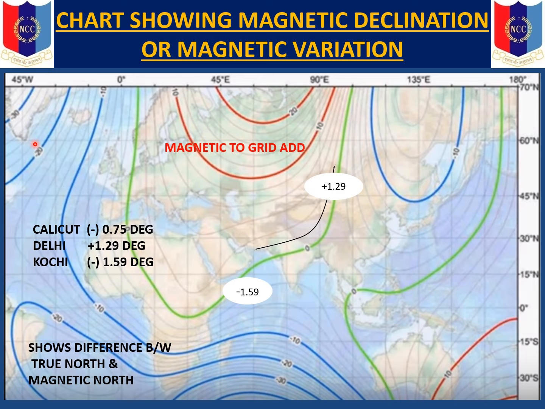Now to convert magnetic to grid north, we generally assume that the true north is the same as the grid north. So towards the north of this line, towards Delhi for example, if you have to convert from magnetic to grid north, you have to add. And if you want to go south of this line and you have to convert from the magnetic bearing you have taken from the compass into grid north, then you have to subtract this figure.